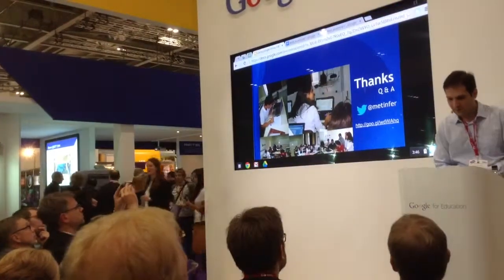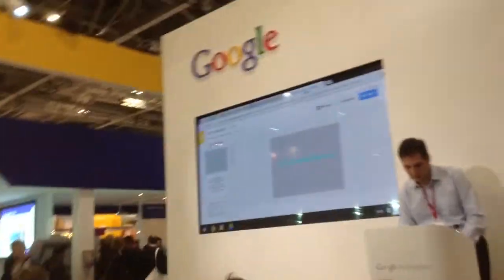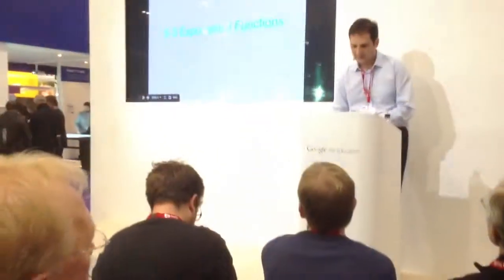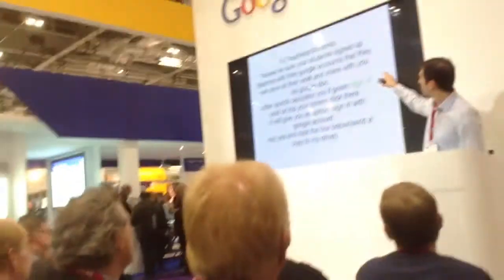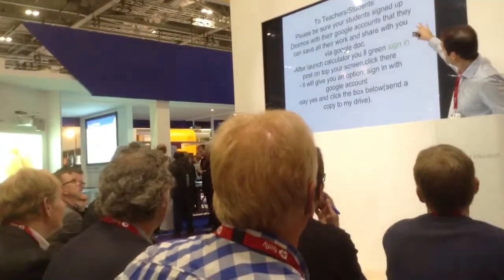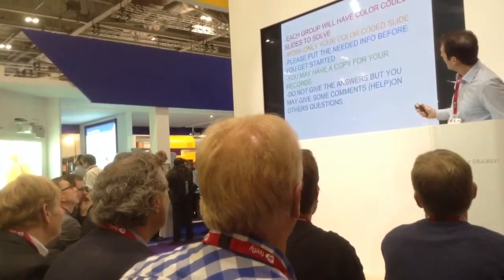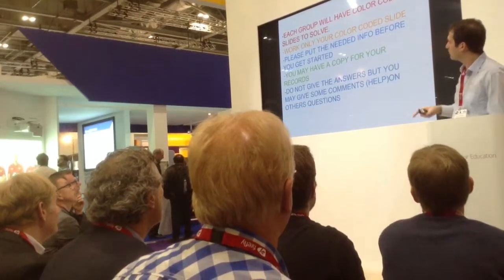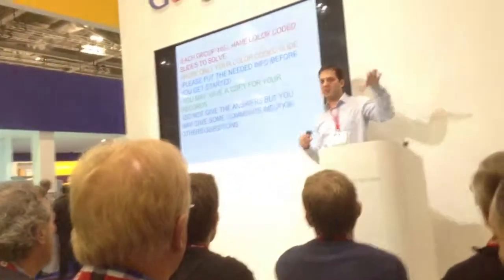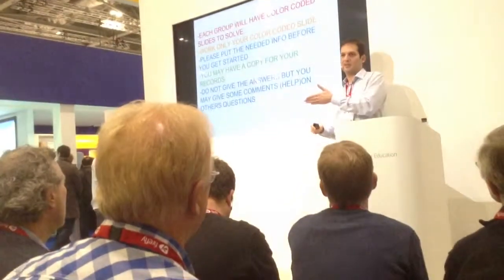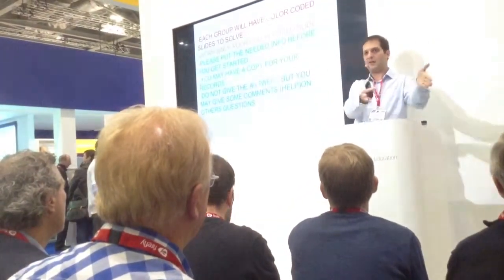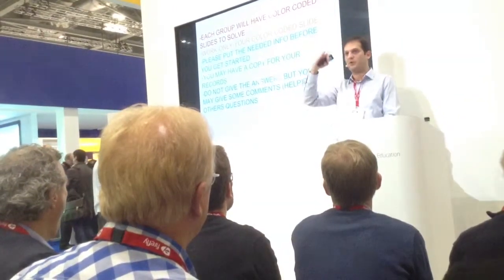And I know I have 4 minutes, so I will show you a quick example. This is from a maths classroom again. First of all, this is a PowerPoint here. Sorry, it's a Word document. So the teacher gives the instructions first, and this is very important. Each group will have color-coded slides to solve. So the teacher says, for example, there are 20 kids in the classroom, and I want 5 groups, 4 students in each group. So you say, okay, red group, blue group. Every group works on their own pages, and then they go back and see what their friends do. And this